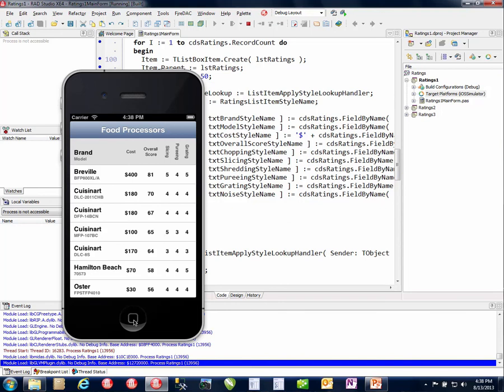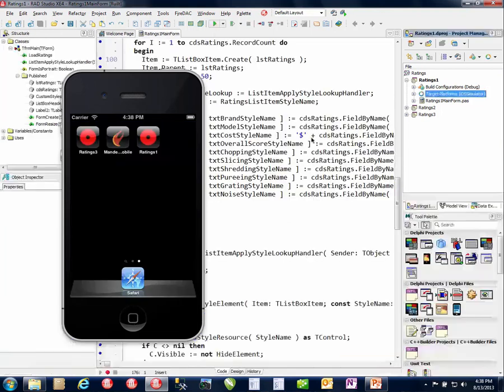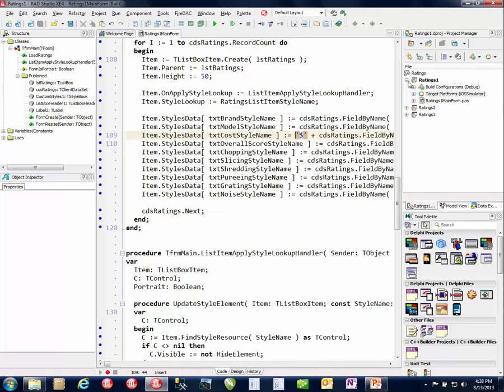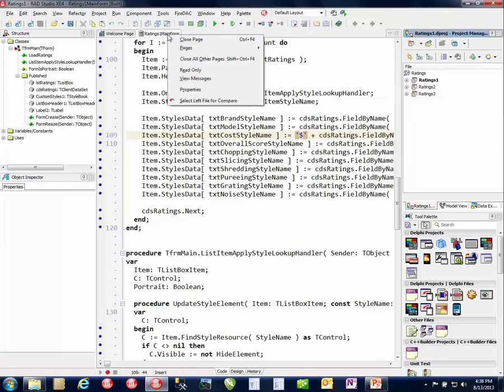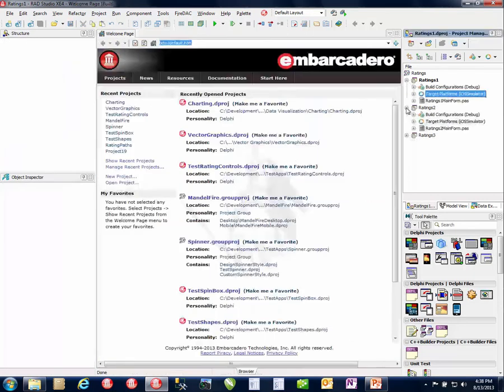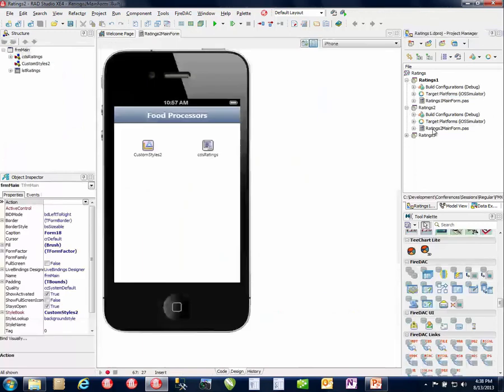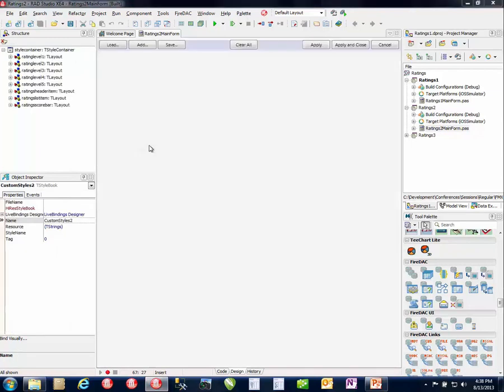So let's go ahead and close this, and we'll switch over to rating number 2. Let me close this down so we don't get confused. We'll bring up ratings number 2, and yes, it looks exactly the same. However, if we go into the style, because that's the first thing that I want to look at,